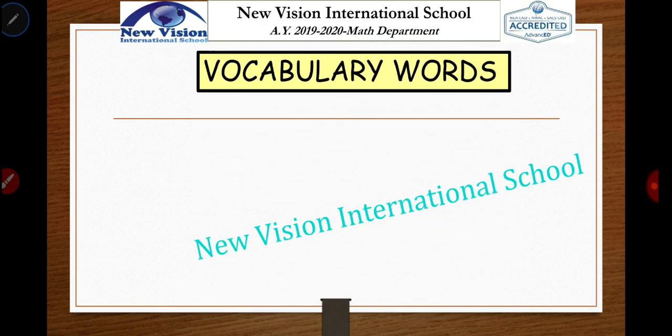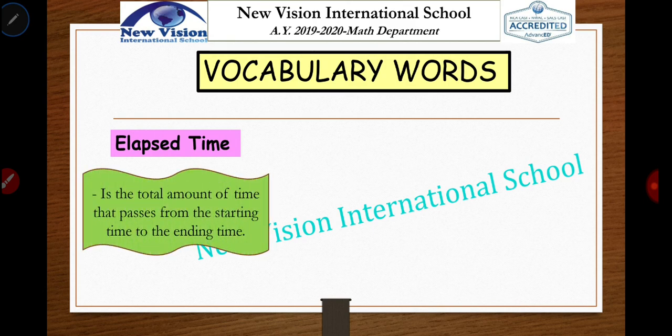Okay, so let us have again the vocabulary words. We have here the elapsed time. That means it is the total amount of time that passes from the starting time to the ending time. That's how long the time lasts. All right, another word is